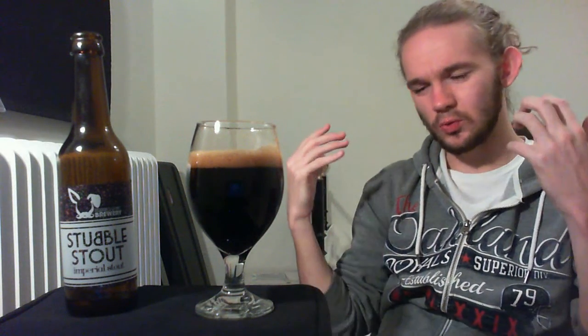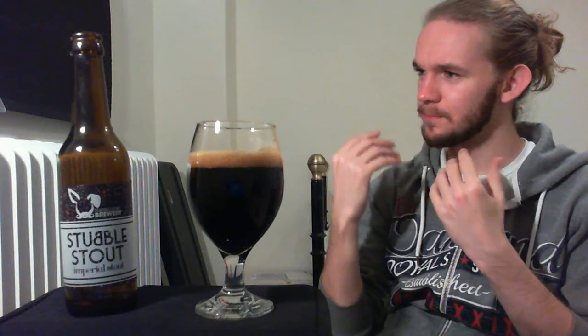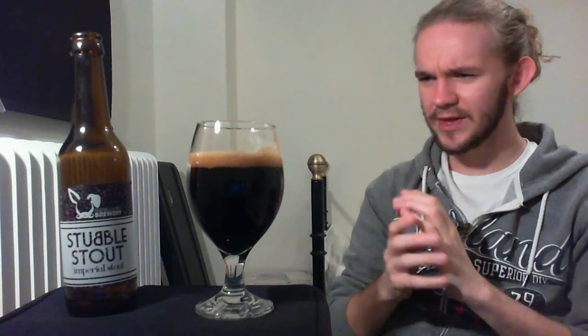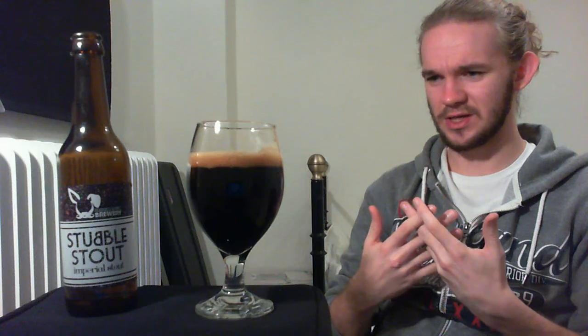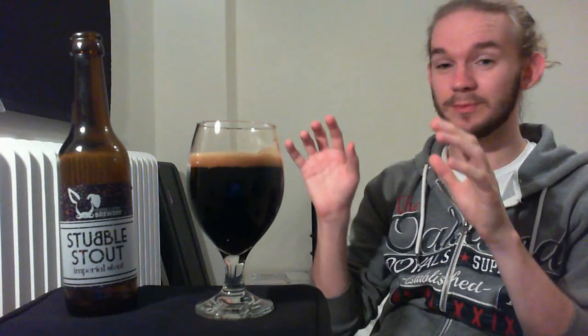Yeah, so the beer starts off quite sweet. As I say, you get that roasted black malt just underpinning that one. There's a good bit of that coffee bean roasted character coming out of this beer. Then on top of that you're getting a lot more of the chocolate, some of the sweeter characters in there as well. There's a good bit of toasted caramel. You can feel that in the beginning,